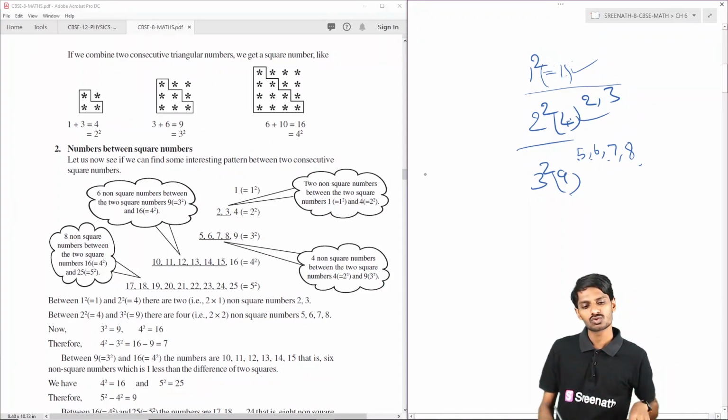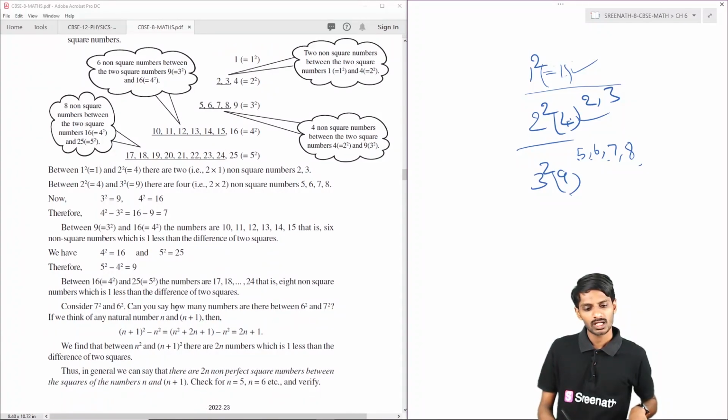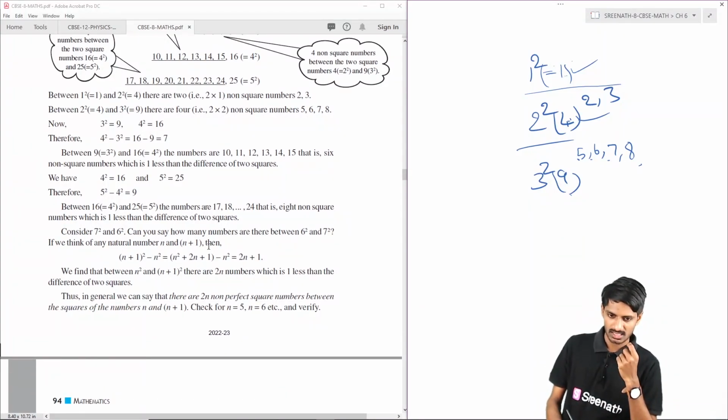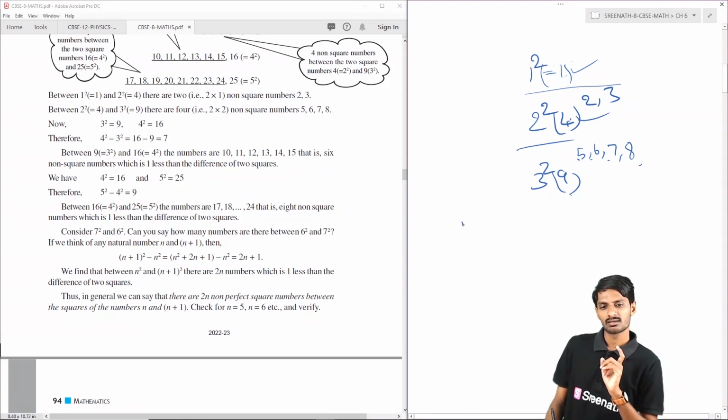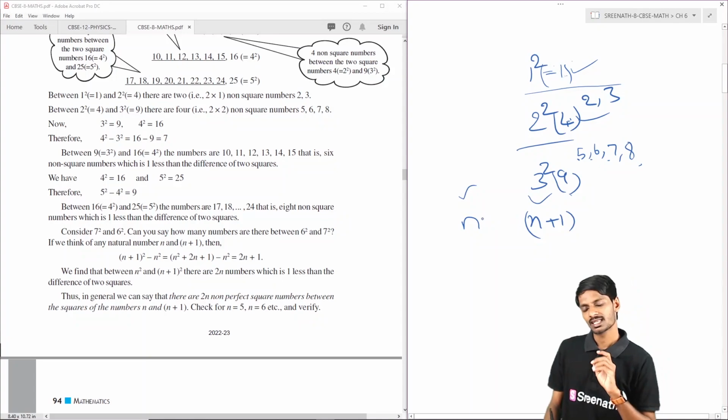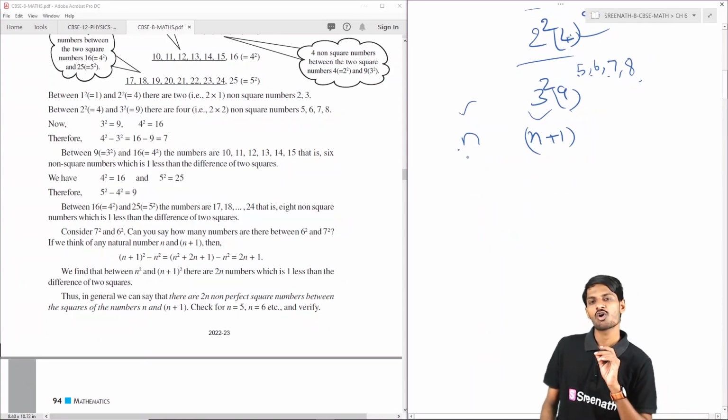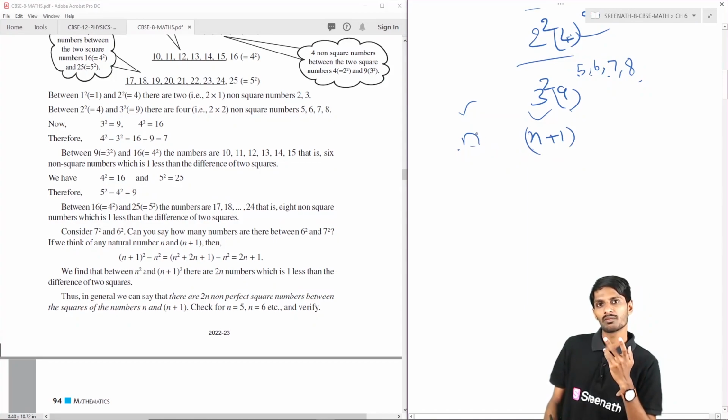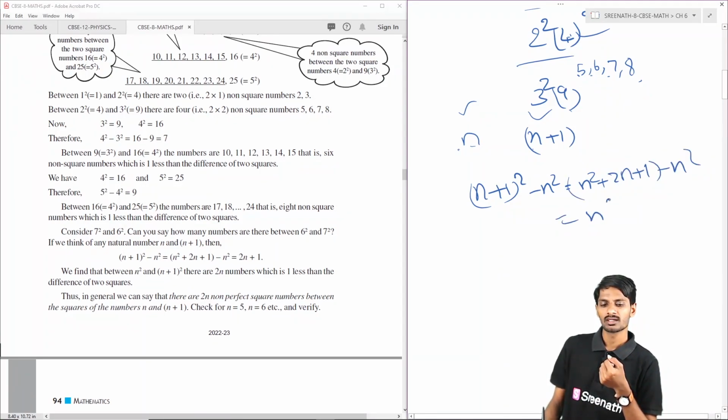So like that, if you move on, what we can conclude, students, from all these observations, is that if we think there is a natural number n and n plus 1, n is one number, n plus 1 is another number. Between these two natural numbers, how many non-square numbers are there? Between n and n plus 1, we are having n plus 1 whole square minus n square. That is n square plus 2n plus 1 minus n square. Then n square will get cancelled. 2n plus 1 will remain